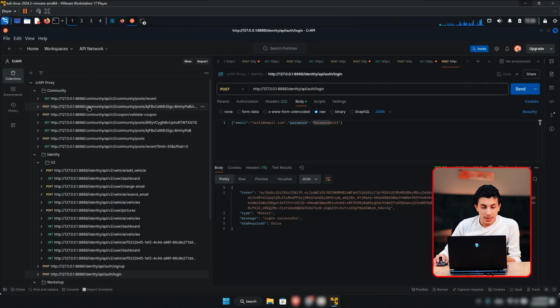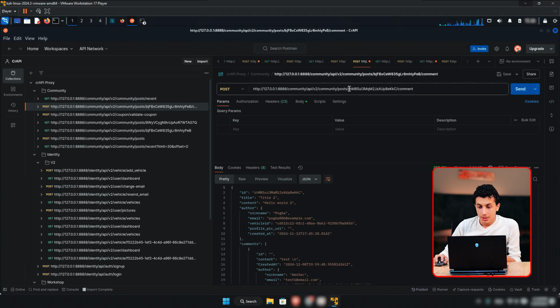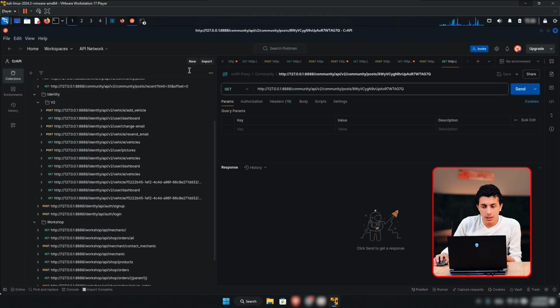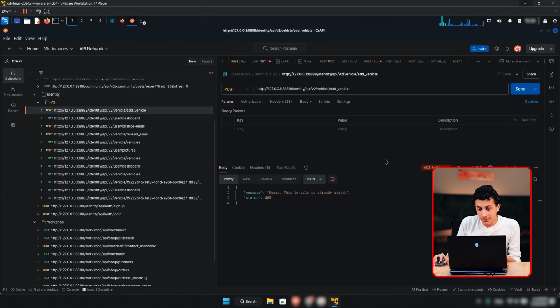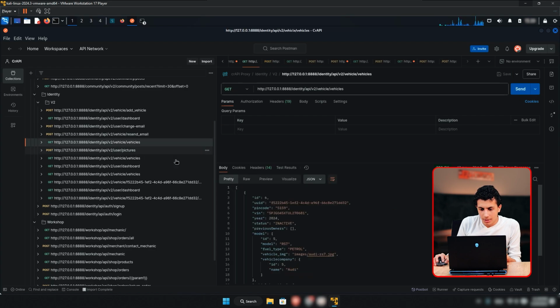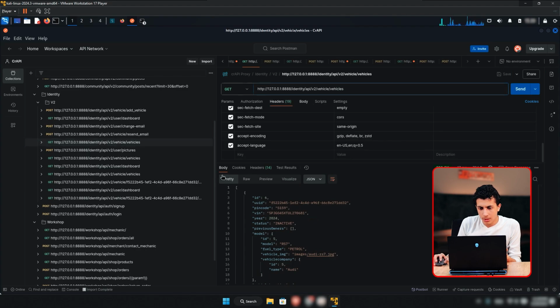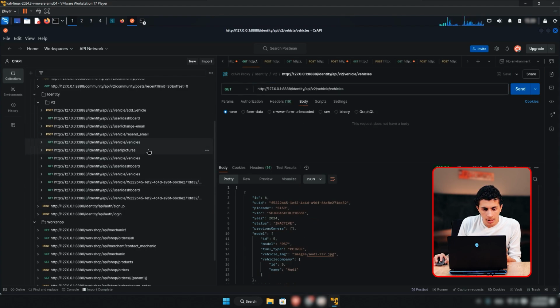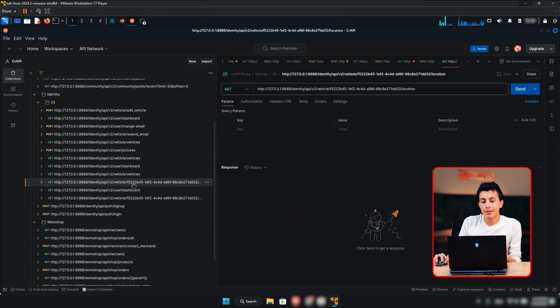We will look for something that, for example, has an ID. We need to see something in the identity, something that is details for the users and a vehicle. Nope, the dashboard, change email, all of that, it's just normal. The vehicle by itself needs data first, so it will give you this. I think we have sent that data to get the thing,